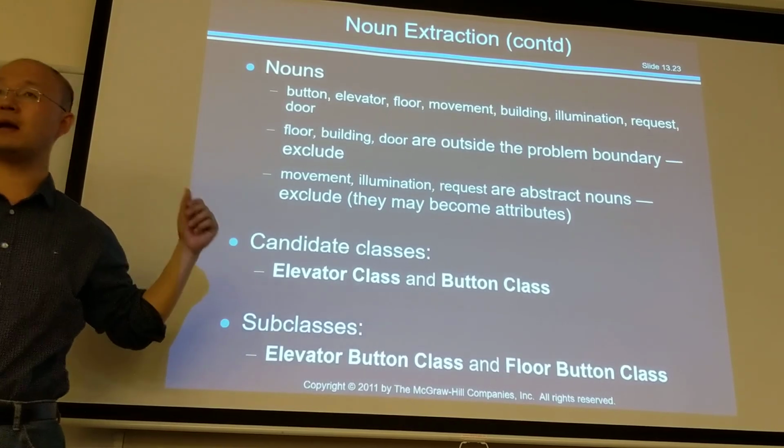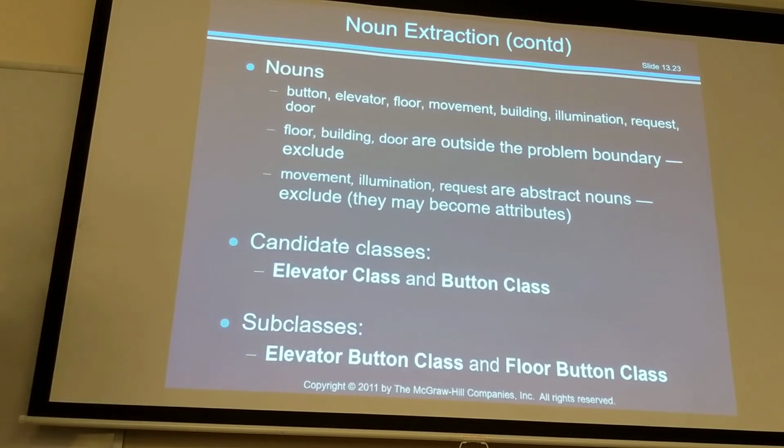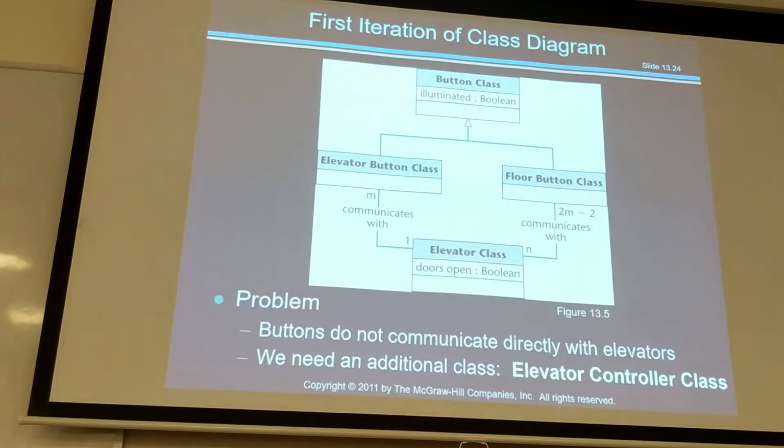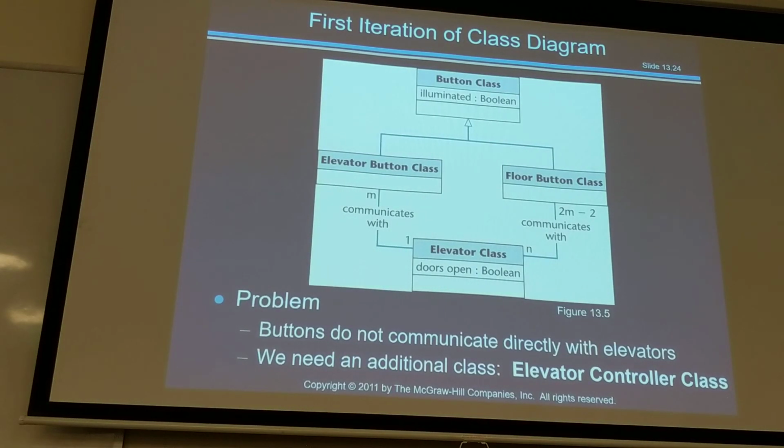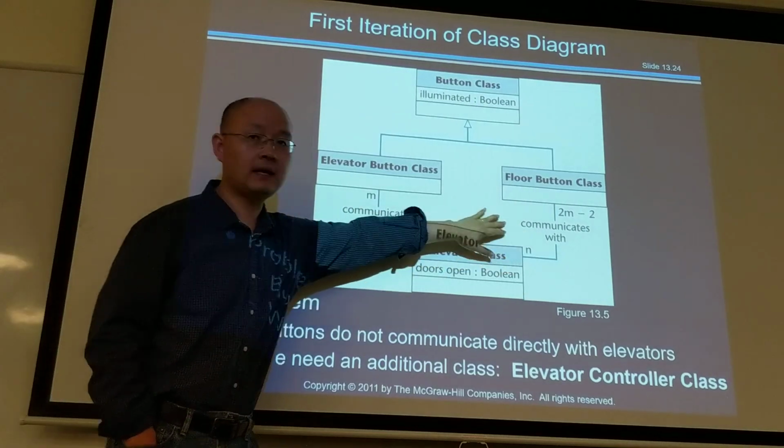That's the point. You can always achieve this goal by noun analysis and verb analysis. That's how you deal with this problem. With that, you can identify the classes and their relationships. These are the verbs that you actually can